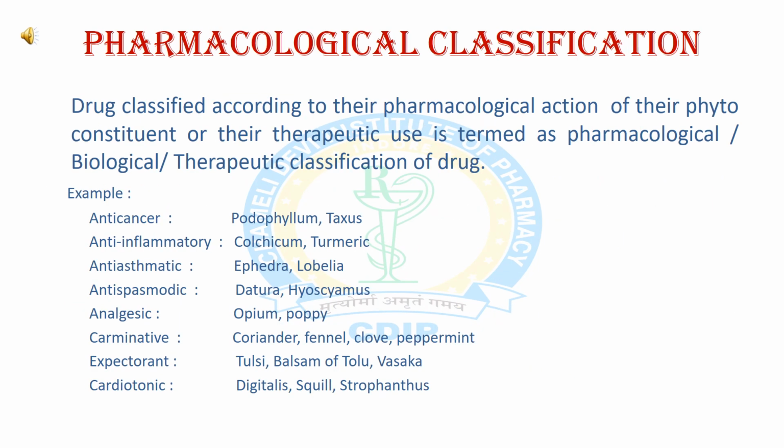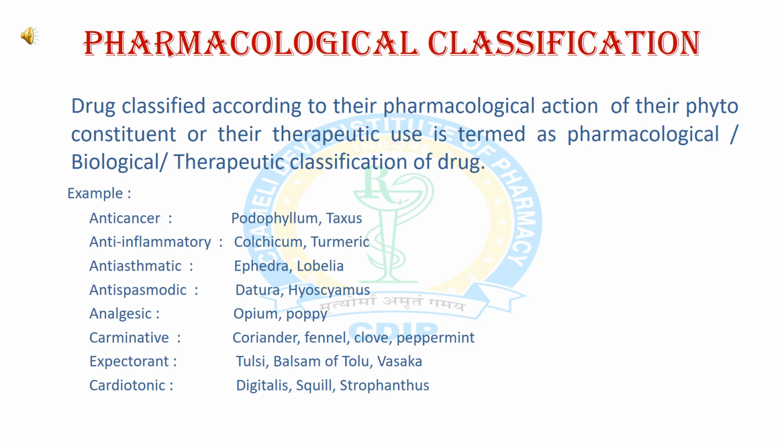In this slide, we will discuss the pharmacological classification of crude drugs. According to this system, crude drugs can be classified on the basis of pharmacological action of their phytoconstituents and their therapeutic uses. So this is known as a pharmacological, biological or therapeutic classification of crude drugs. We can understand this classification with the help of different types of examples. For example, anti-cancer crude drugs, anti-inflammatory drugs which involve colchicum and turmeric,